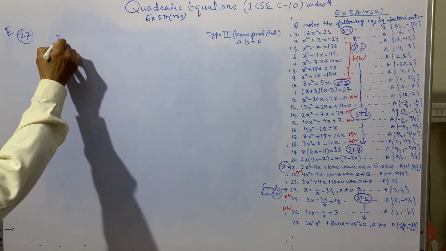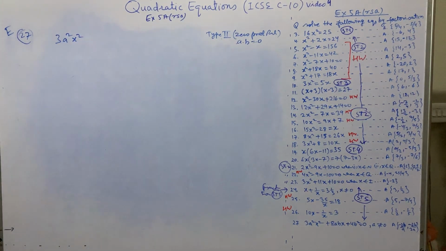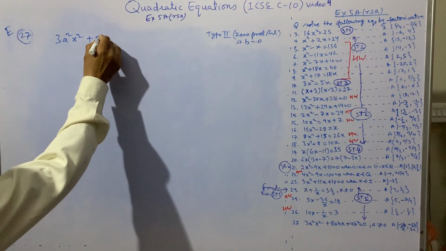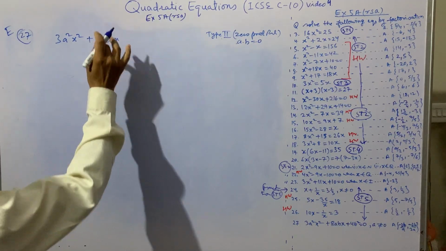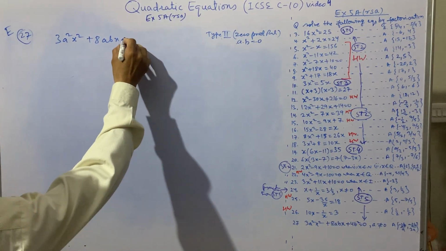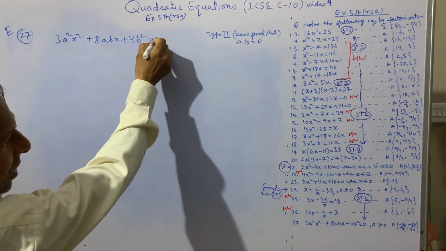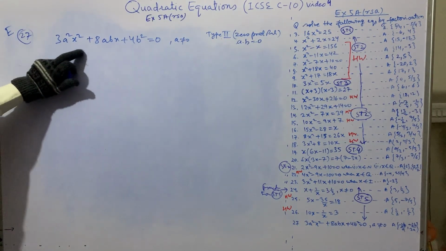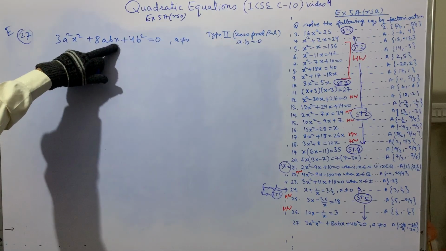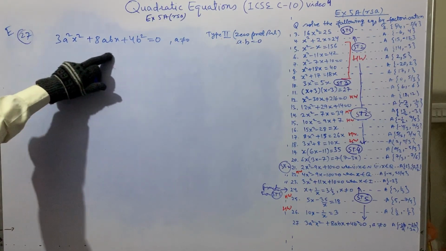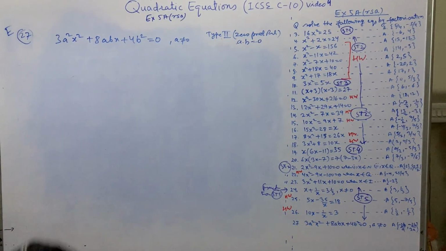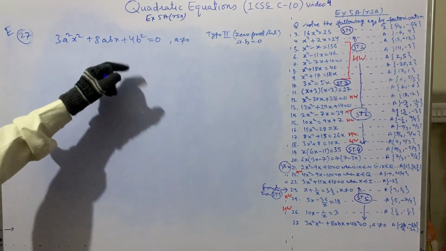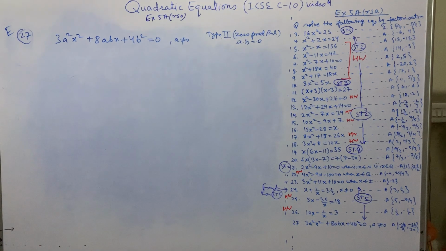27th में क्या है कि 3a² x² ये है, और प्लस 8abx, ठीक है, प्लस 4b² इज इक्वल टू 0, वेर a शुड नॉट बी इक्वल टू 0, वही जो मैं कंडीशन पहले थी। ये 0 हो जाएगा तो इसकी खत्म हो जाएगी, फिर कुछ निकालने को बचता ही नहीं, सॉल्यूशन बचेगा नहीं, क्योंकि x तो आपने पहले ही खत्म कर दिया। अगर a इज इक्वल टू 0 लोगे तो तब तो कुछ भी नहीं बच रहा, जिसकी वैल्यू निकालनी थी वही नहीं बच रहा, तो इसलिए उसने लिख दिया a शुड नॉट बी इक्वल टू 0, यानी x की वैल्यू तभी निकलेगी जब a शुड नॉट बी इक्वल टू 0।